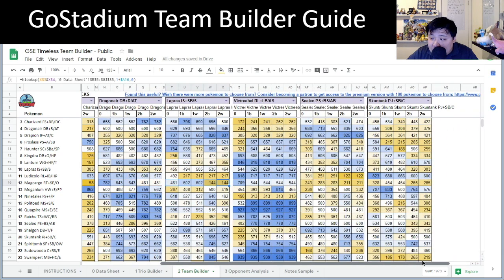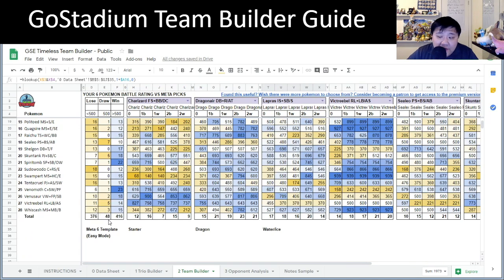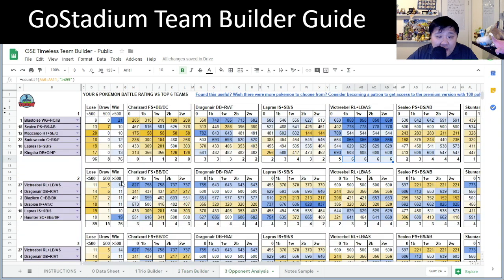So we might want to change up some of our teams based off these scores and how comfortable we feel with it. So what we see, we pick up 416 wins, 376 losses, and 48 draws across the 28 Pokemon in the various shield scenarios. So you can adjust and adapt your team accordingly. We also need to take a look at opponent analysis. You cannot use this in a tournament because it does...